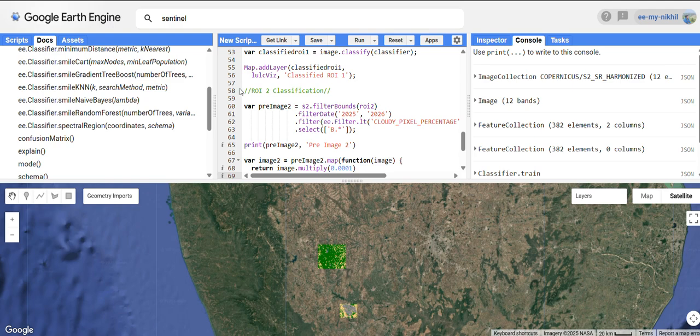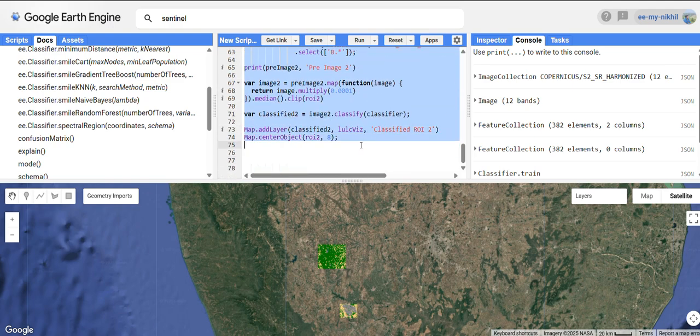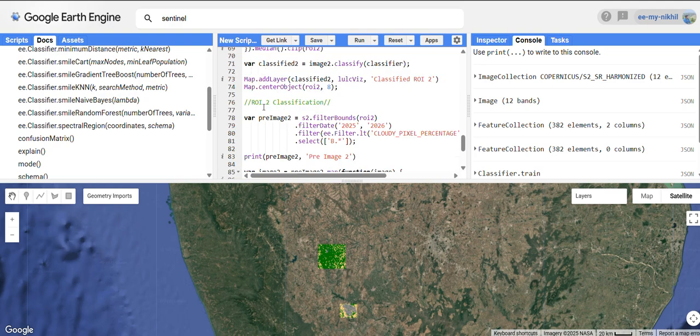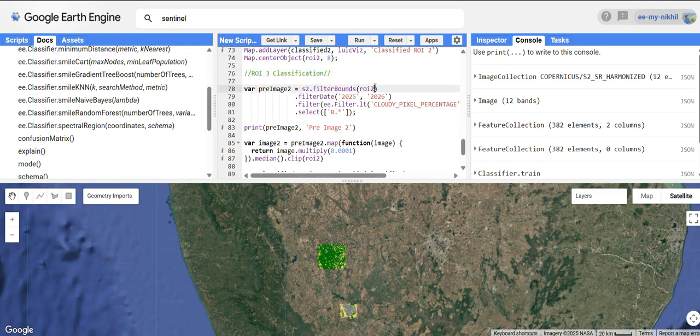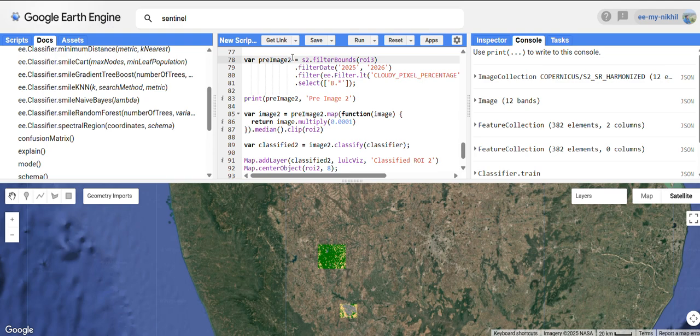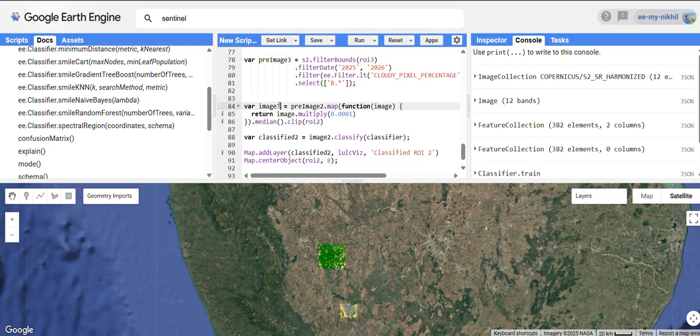So let's make it for a third region of interest also. Copy, paste. That's it. Make it ROI 3 classification for your region, to avoid confusion. So you have ROI 3. You just rename it as pre-image 3 and make it also pre-image 3. So you don't need to print this. So image 3, you clip to your region of interest 3,